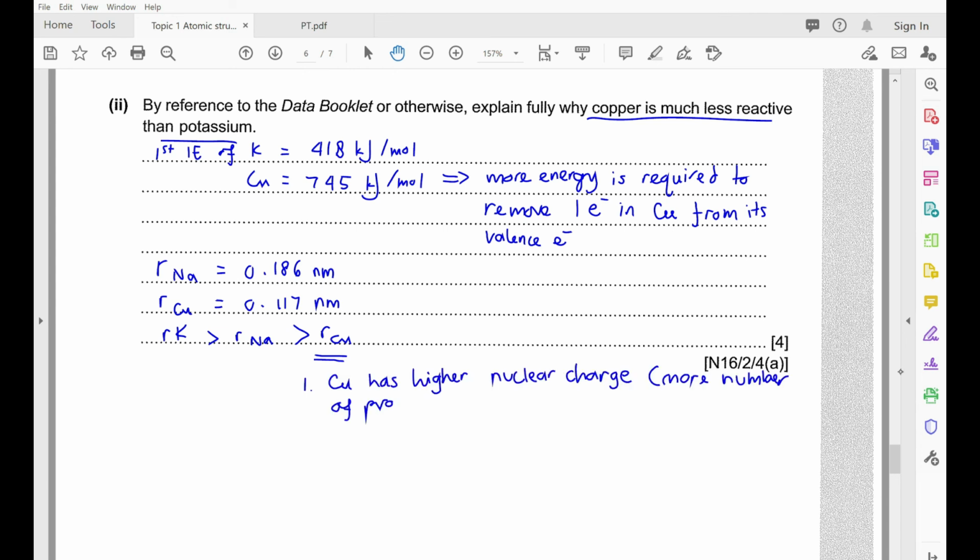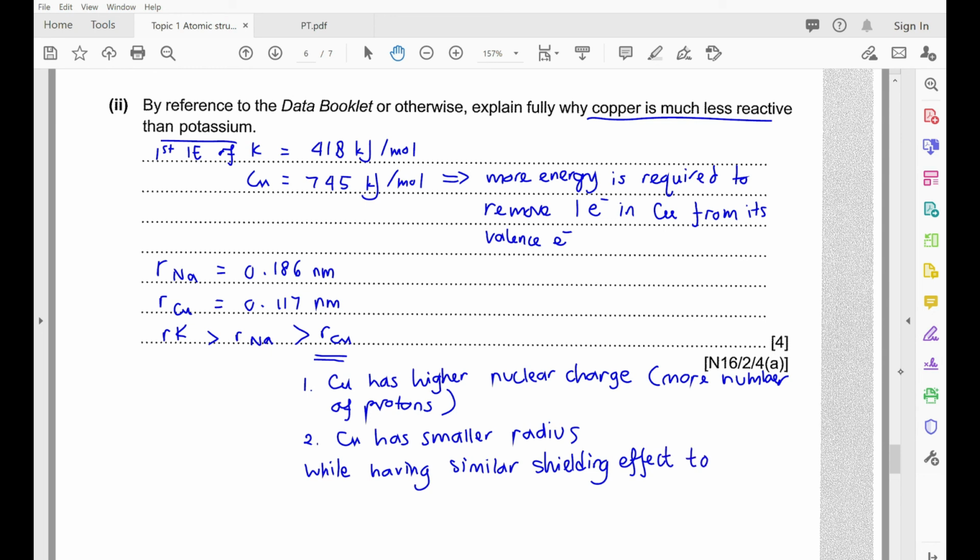The first one. The second reason, both of these differences, while having a similar shielding effect to that of potassium, because they both occupy 4 electron shells. And so these two factors lead to the stronger attraction between the nucleus